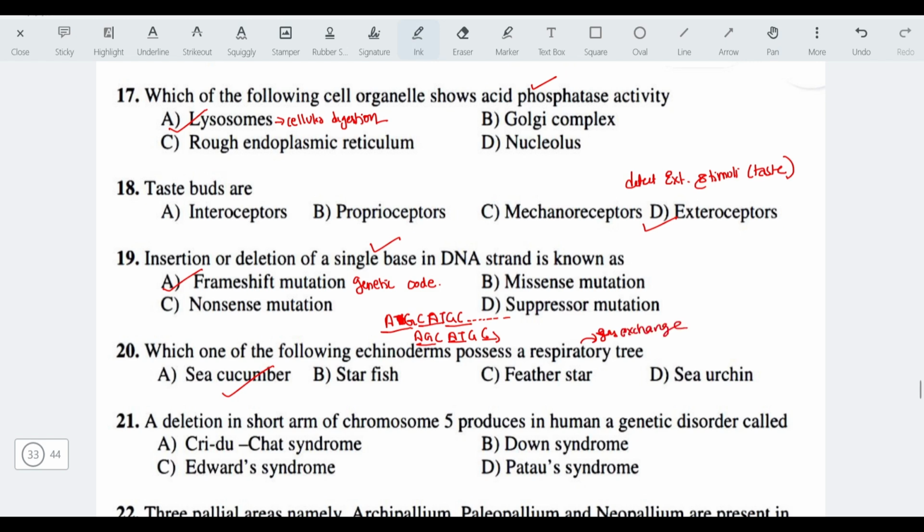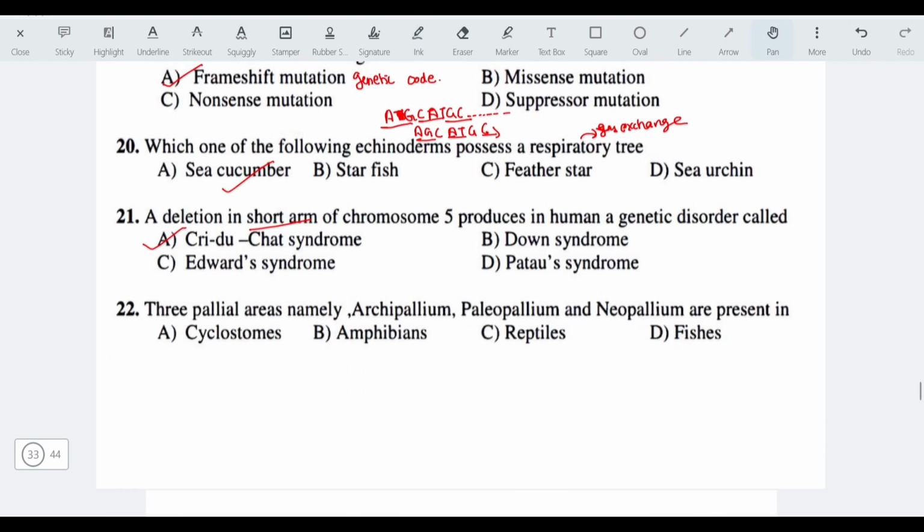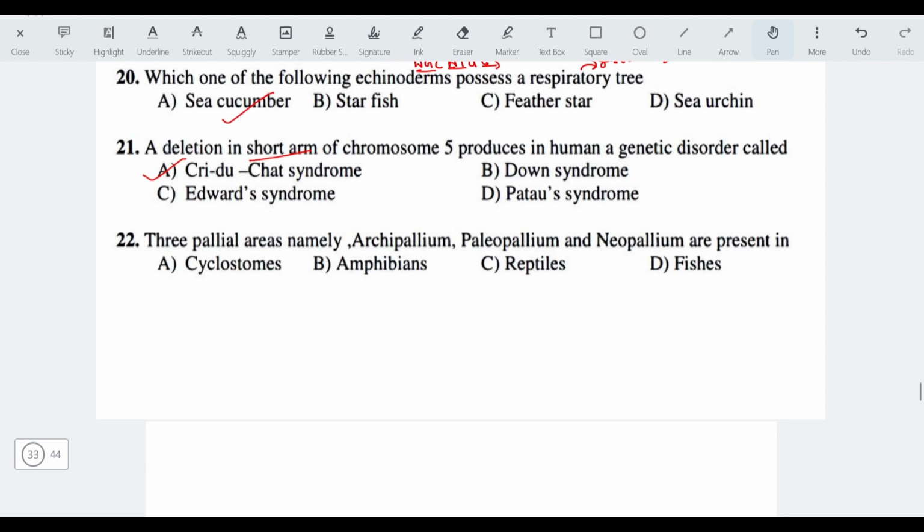Next question: a deletion in the short arm of chromosome number 5 produces in humans a genetic disorder called? The answer is Cri-du-chat syndrome. This is again a repeated question, right? Next question: three pallial areas, namely archipallium, paleopallium and neopallium, are present in? The answer is reptiles, right? And these pallial complexes all contribute to brain development,